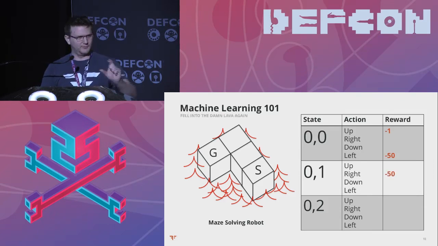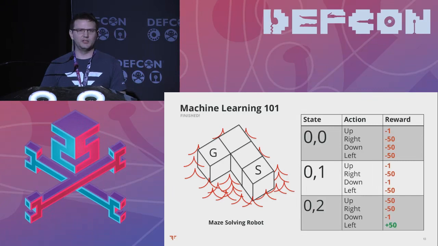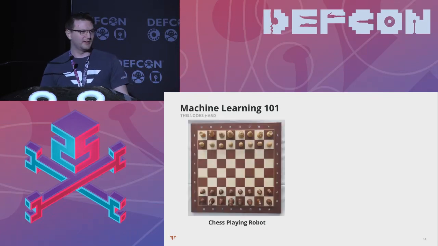And so now that it's in the next square, it can try turning right, fall into the lava again, goddamn it, gets another minus 50 points. And then basically just continue on this entire process, exploring things that it hasn't explored before until it's found its way to the exit and it can derive the optimal solution. And this is basically it. This is machine learning. You just keep on trying things, you record what you found until you find a good way to the exit. There's only one problem with this.